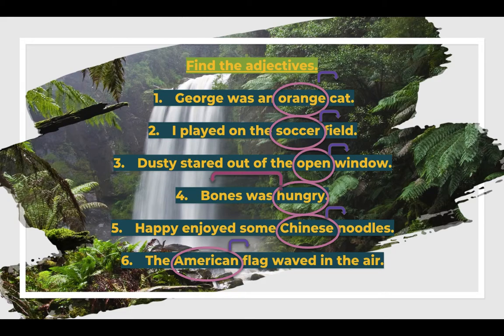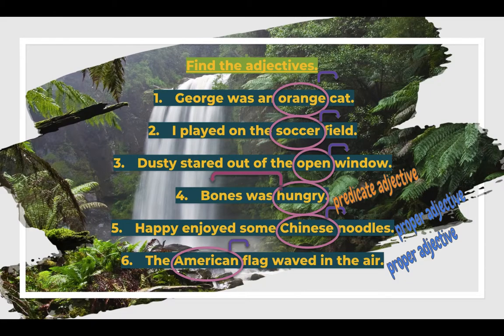Now, all of these are adjectives, but some of them are special types of adjectives. There was one sentence that had an adjective that came after a linking verb and it linked back to the subject, and that was sentence 4 because that one has a predicate adjective because it happened after a linking verb. We had 2 other sentences here that are capitalized adjectives. They came from proper nouns. Can you find which sentences start with a capital adjective? Okay, number 5 is a proper adjective because it's capitalized. It comes from a proper noun. And number 6, American. Absolutely.